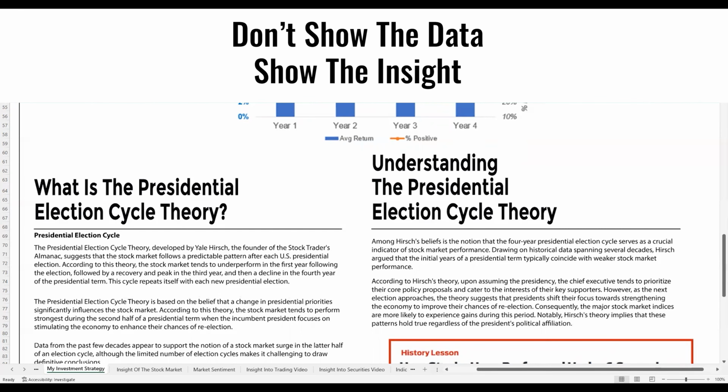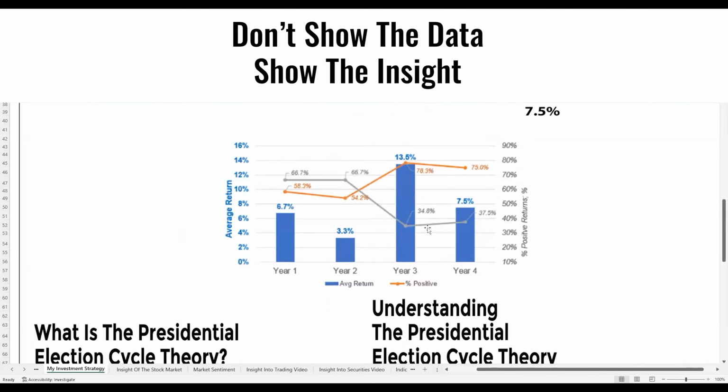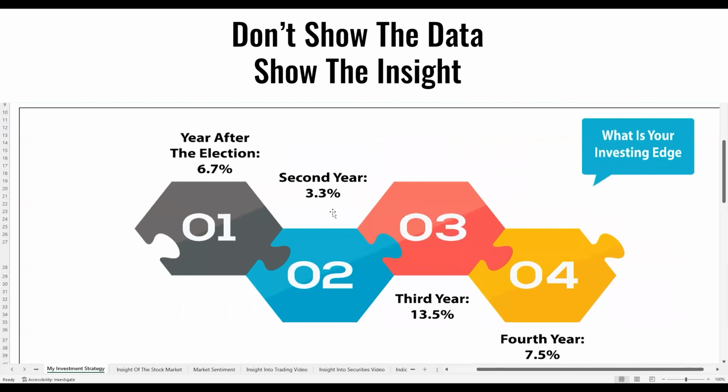The presidential election cycle theory, while providing some insights, has limitations, but it is an excellent way to give your system a start. Imagine your system starts with the presidential election, knowing that you want to short the market the year after election and the second year, and go long into the third year and the fourth year. These are powerful indicators that can be used.